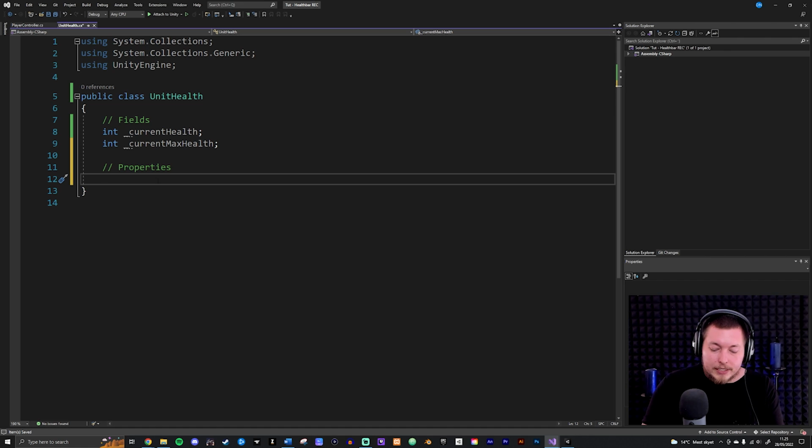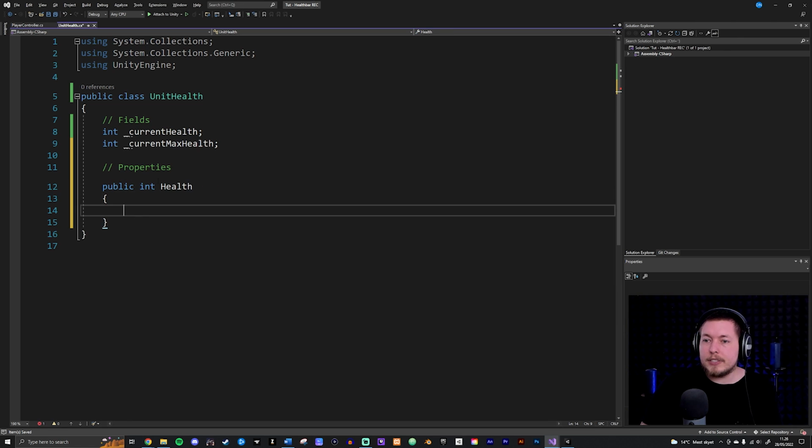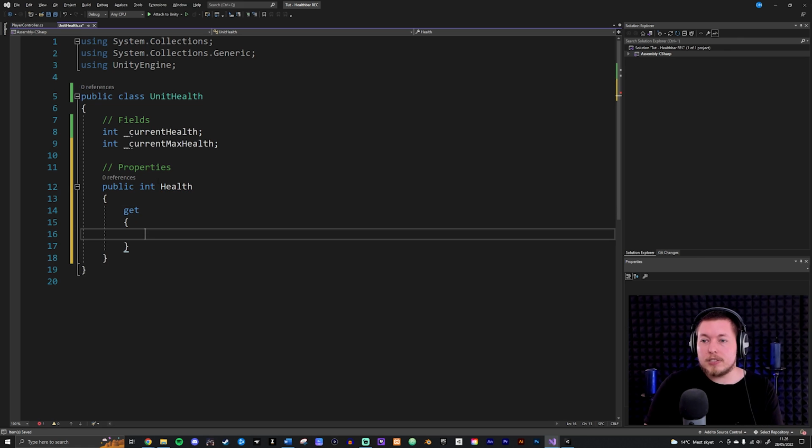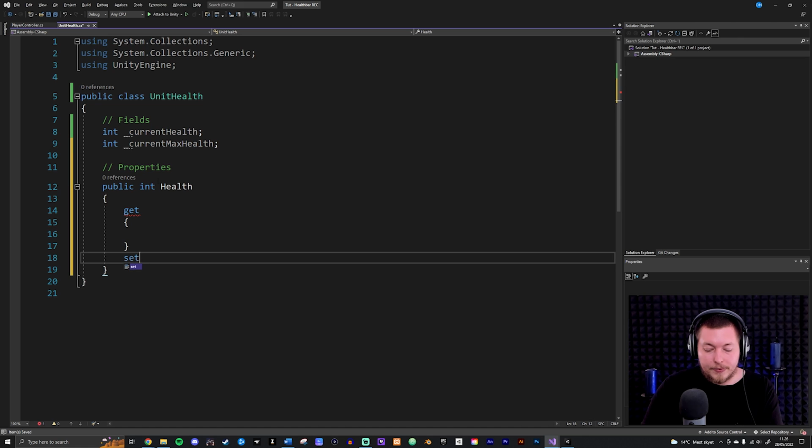So the way we're going to do that is I'm going to say we're going to have a public integer, and I'm going to call this one Health, curly brackets, and then we're going to create a get and a set method inside this property, which means that we can grab the data and just show it inside our game, or we can change the data through these 2 methods here. So I'm going to say we have a get, curly brackets, and then underneath here, I'm going to say we have a set